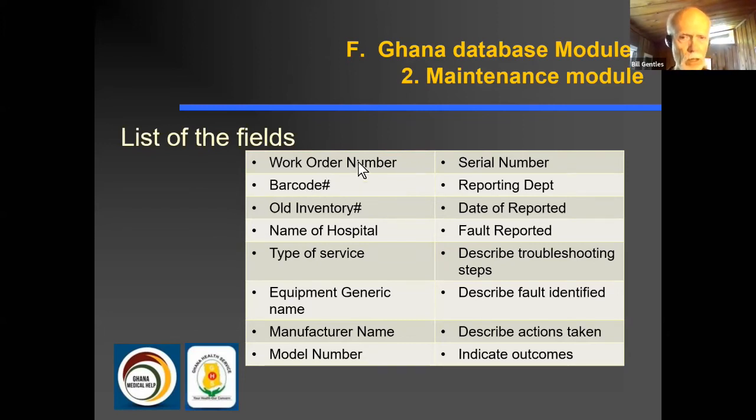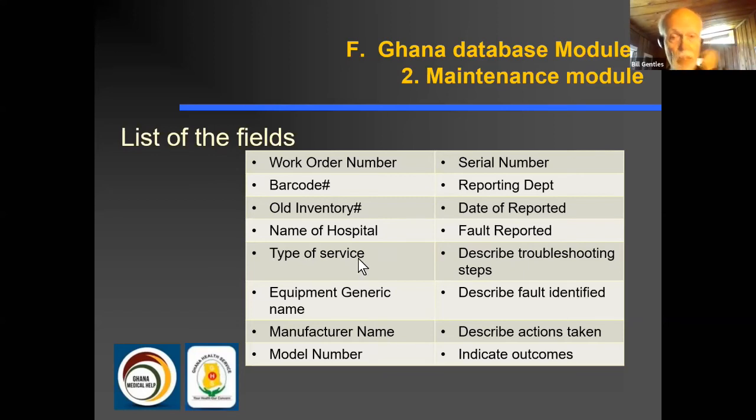And the first few look quite similar, except we start with here a job number or a work order number. And that term we can play with it depending on what you're more familiar with. So every job has to have a unique identifier so you can document every maintenance activity that is done as a separate and unique piece of data. And then some identifiers for the equipment that you're doing work on, a barcode number, maybe the old inventory number, the name of the hospital,